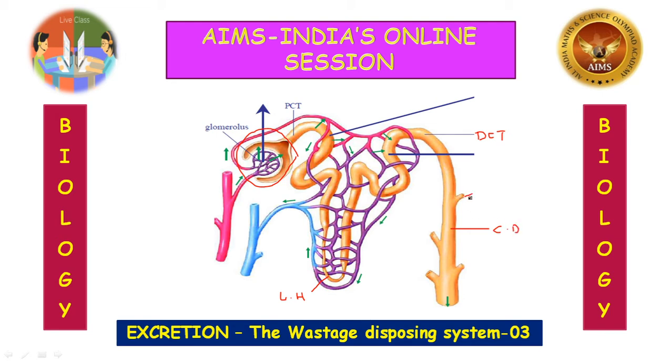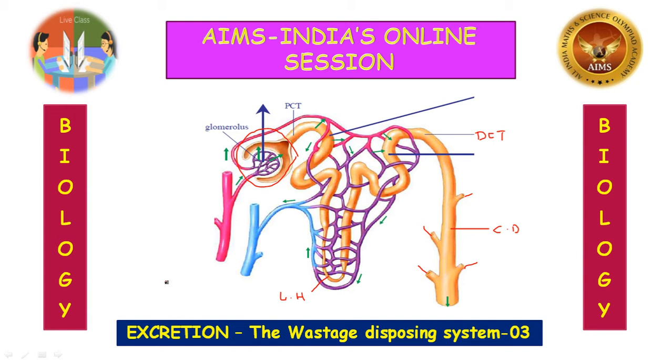So for example, here this one, these are all connecting other nephrons. All the nephrons connected together and open into pelvis. That pelvis opens into the hilus region. From the hilus region there is a tube. What is that? Urinary tube. Okay, after filtration, the collecting duct opens into the pelvis region, where it opens into urinary duct or ureters, through which the urine is collected into the urinary bladder.